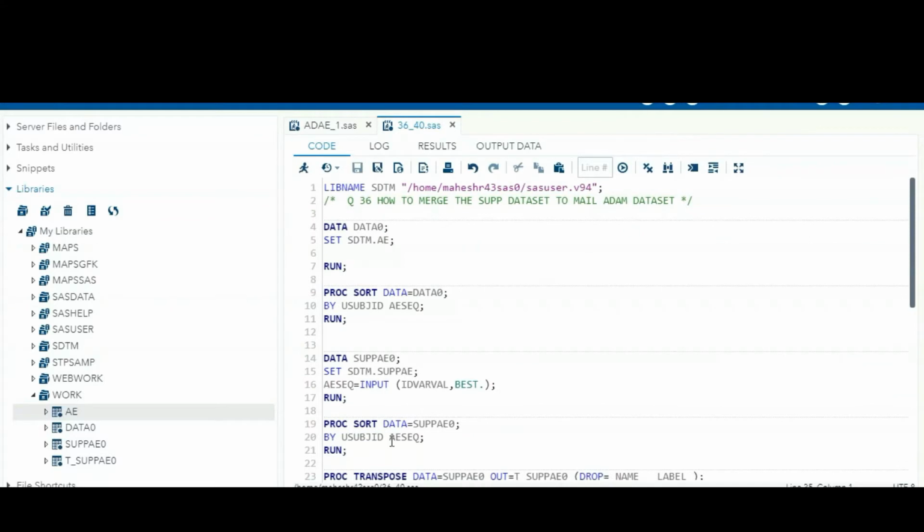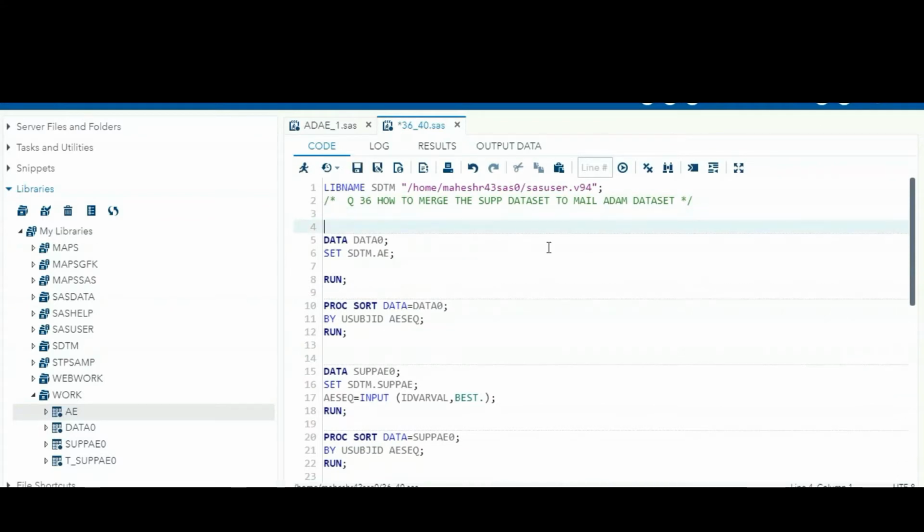Okay. So here, what are the common variables? First you can write the macro and give the macro name. Percentage macro. The macro name I am giving is SDTM underscore sub dataset.